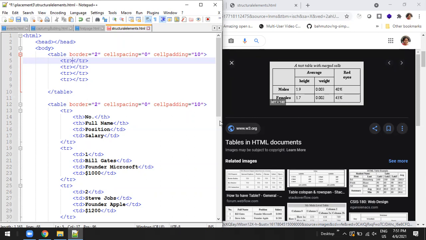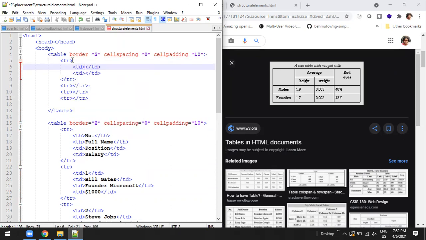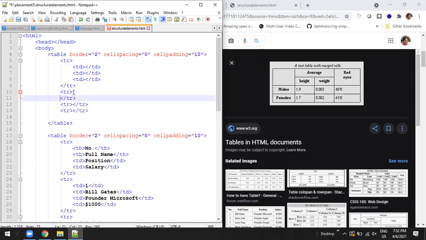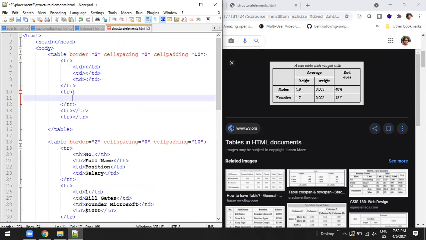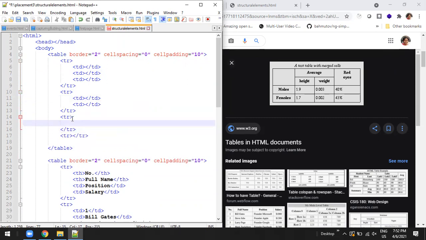So here, how many TDs do I need? 3. In the second row, how many TDs do I need? 2. In the third row, how many TDs do I need? 4.